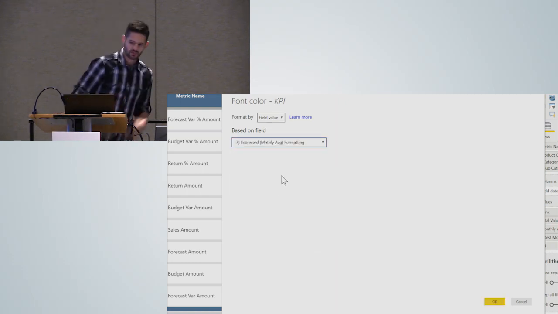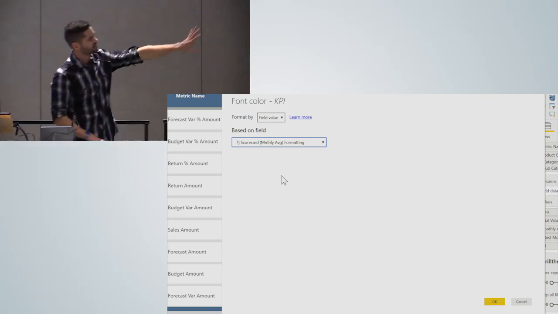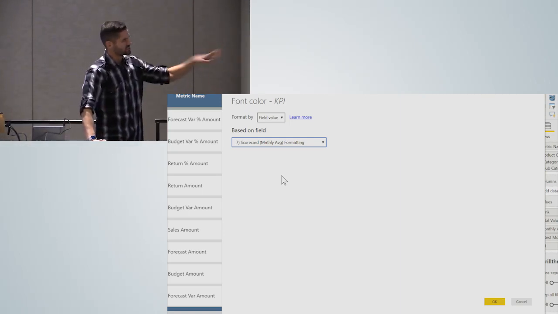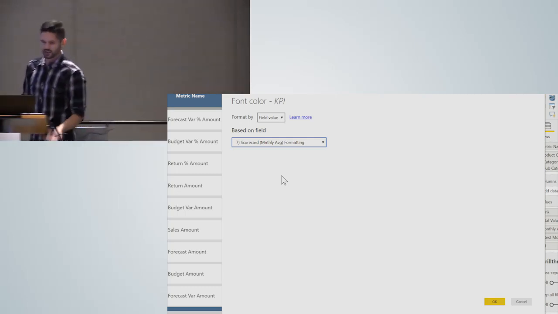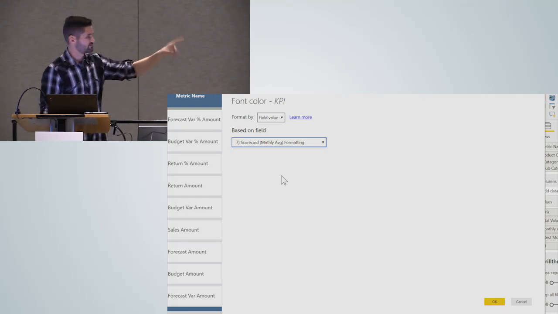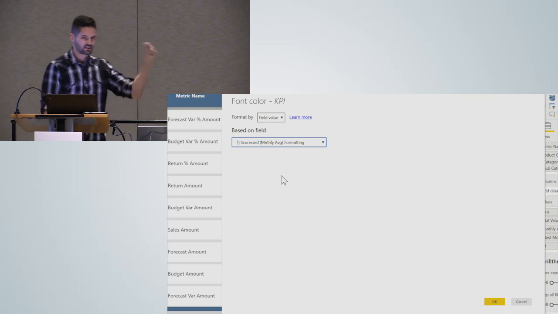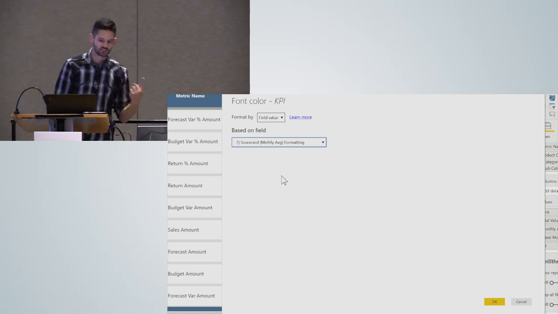Perfect. So that would be the output of what happens when you do field value formatting, meaning none of the logic is now kept in here. All of the logic is being done in the measure itself. So the only thing I would now have to do if I set up the logic for coloring in a single measure, 18 visuals, field formatting, select the measure. Field formatting, select the measure. That much quicker. And I only had to set up the calculations once.